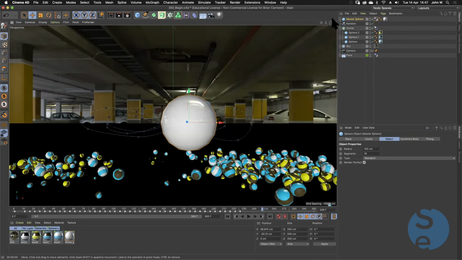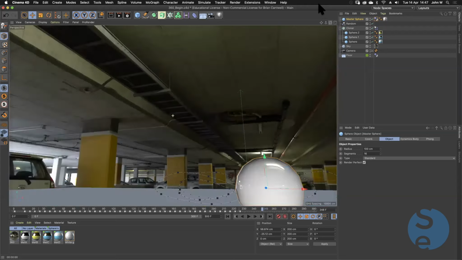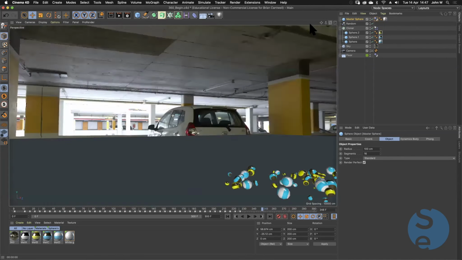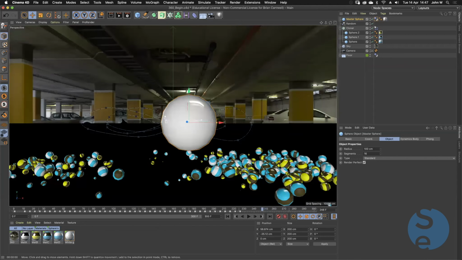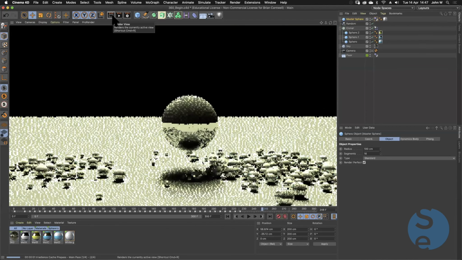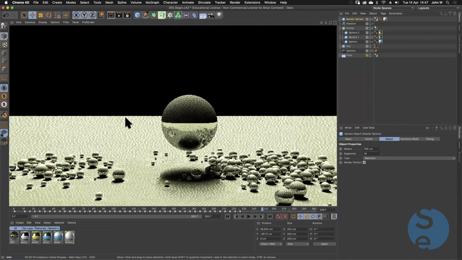And in this case, my environment is this interior of the car park, and so it's going to use the lighter parts of the image as a key light or key source of illumination, and it's going to fill other details in with the other less bright areas. Let me just render that so you can see. That's going to take considerably longer because it's now going to be bouncing light and using the image map. So we'll have a little look at this